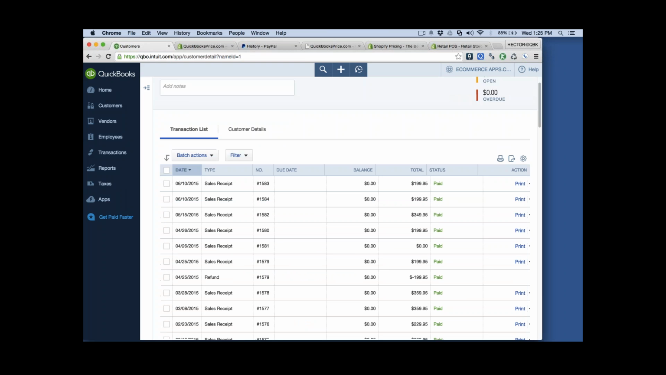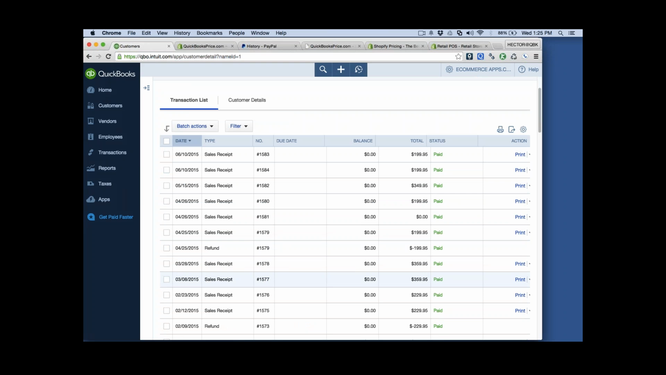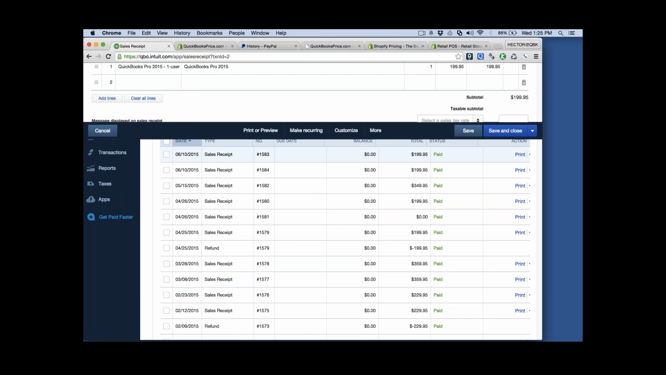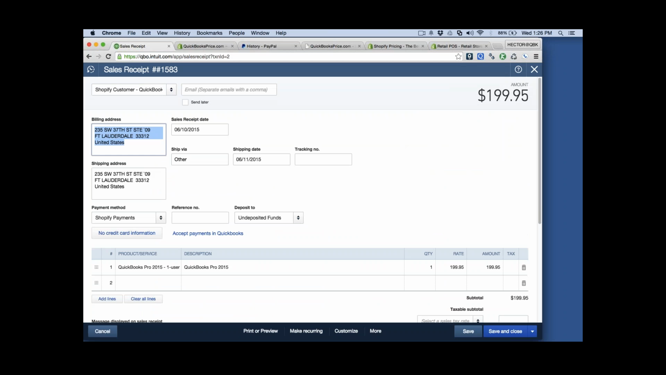And then what you see here, all these sales receipts, I didn't do any of these things manually. This was my Shopify app that pushed it into my QuickBooks Online. So I'll click on one just to let you know how the breakdown works, and you will have all the original information from the customer there, and you will have the product that it was sold,